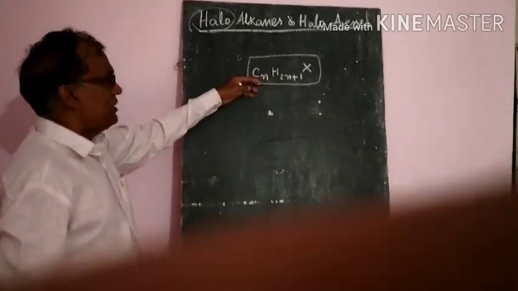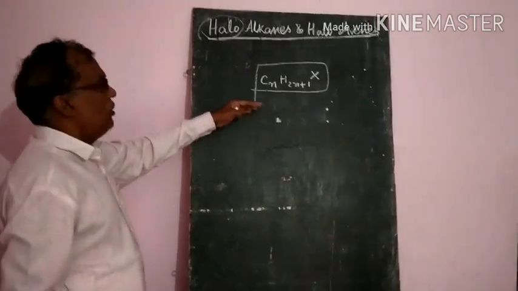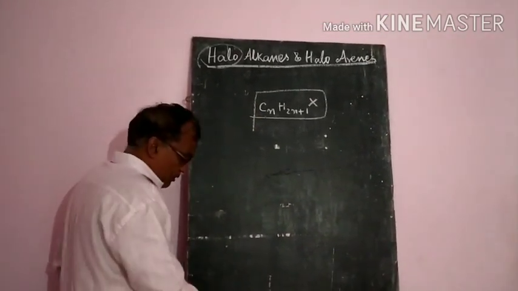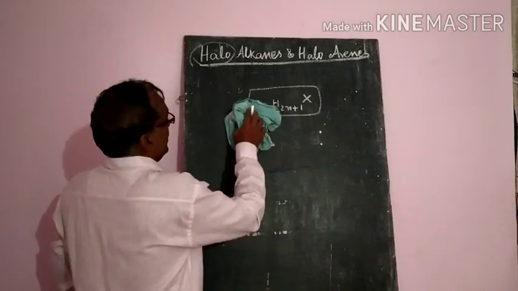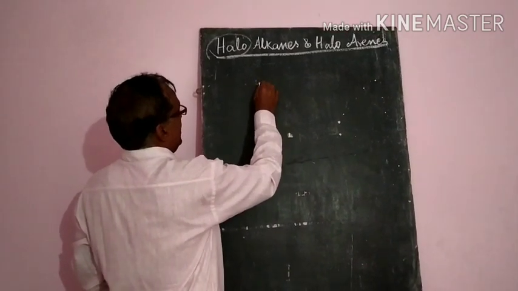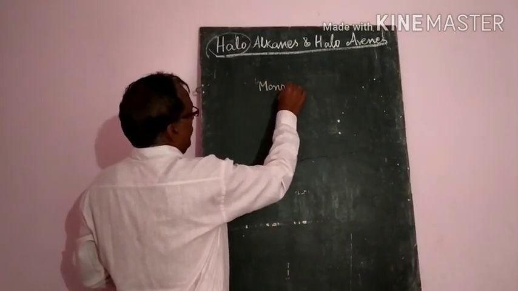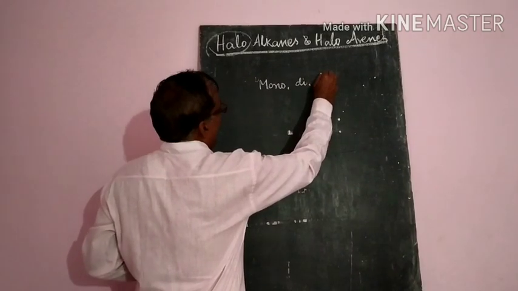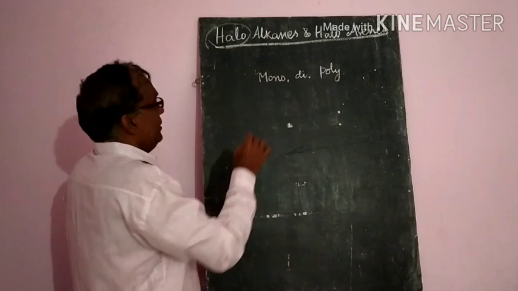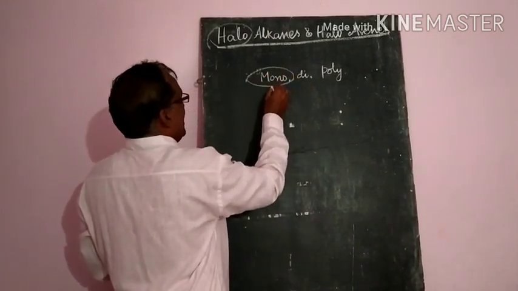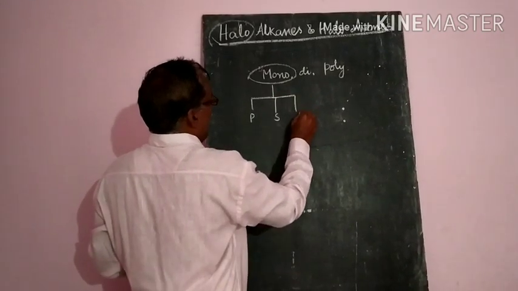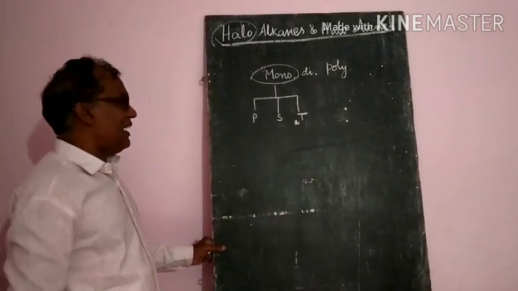Many compounds have the same general formula, so they are called homologues, and this character is called the homologous series of the compounds. Accordingly, based on the number of halogen atoms attached, they are classified into mono, di and tri, or generally poly compounds. Again, these mono compounds are classified into primary, secondary and tertiary, according to the carbon atom where the halogen is attached.